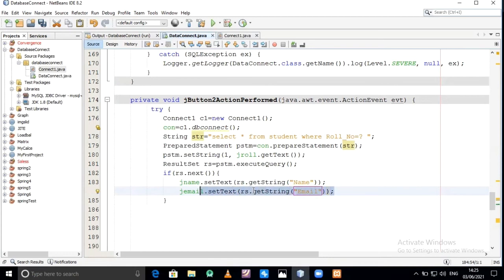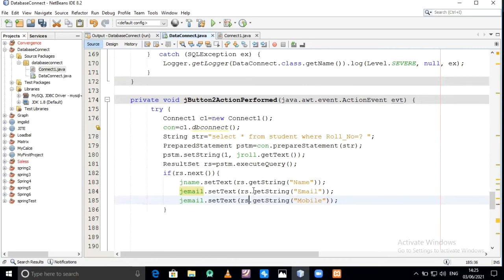Same for mobile number, I just copied. Here jmobile. Okay, with the help of this, all the information it retrieves if that roll number is available in the database.